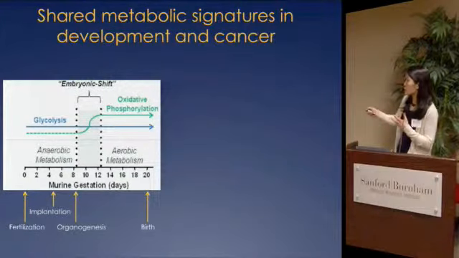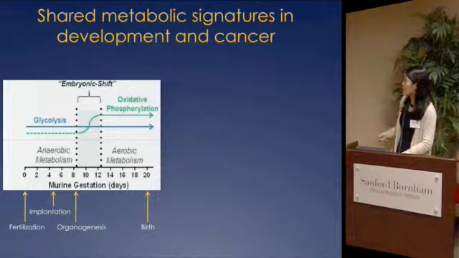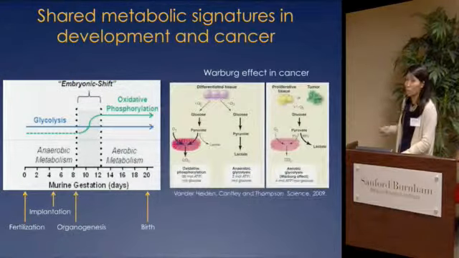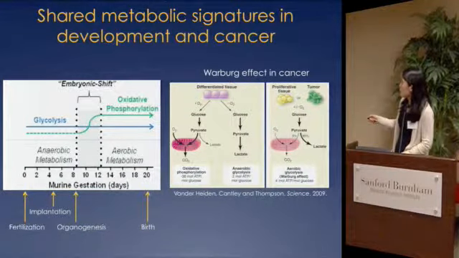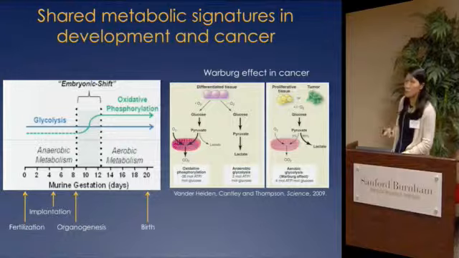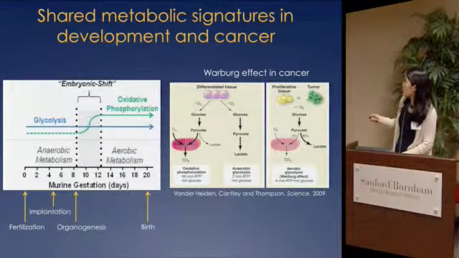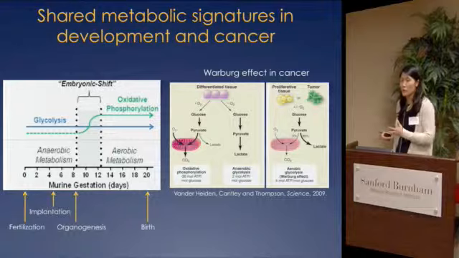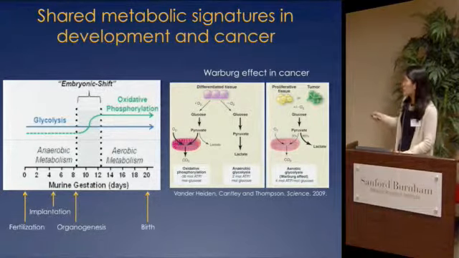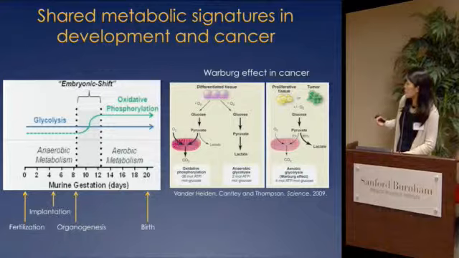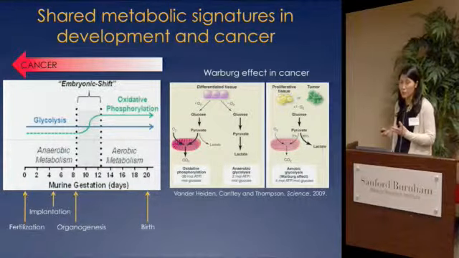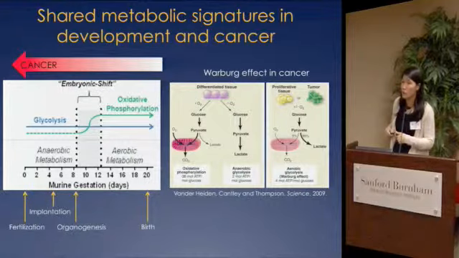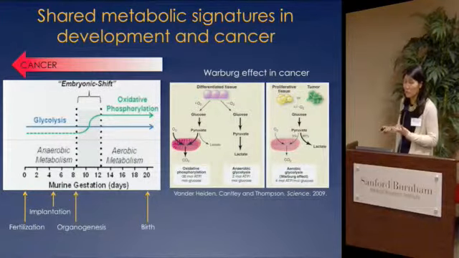This same shift between oxidative phosphorylation and glycolysis is basically the crux of what we call the Warburg effect in cancer, where normal cells undergo oxidative phosphorylation as it produces much more ATP. But cancerous cells preferentially upregulate glycolysis. So our hypothesis, shared by many, is that in cancer, maybe you're getting a shift back to earlier embryogenesis, where you just want lots of cellular proliferation, and we think that MPI plays an important role in this.